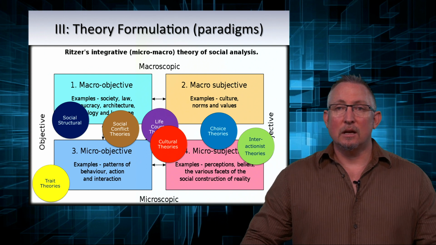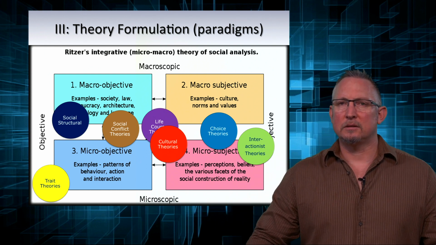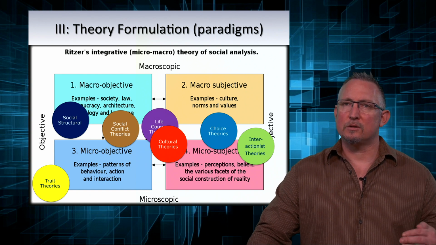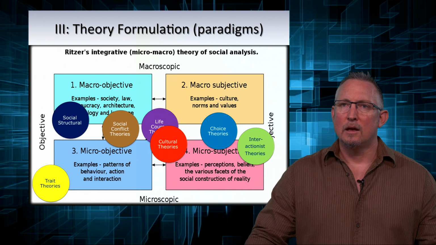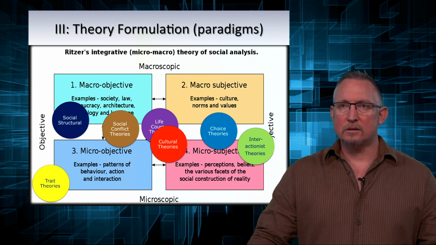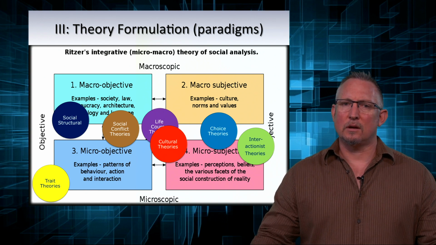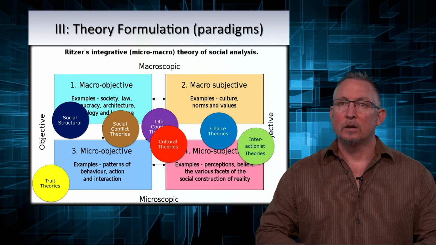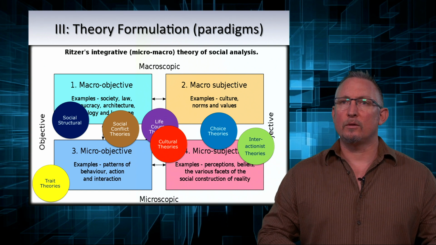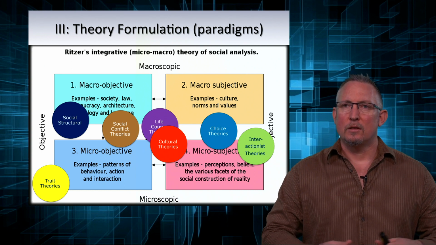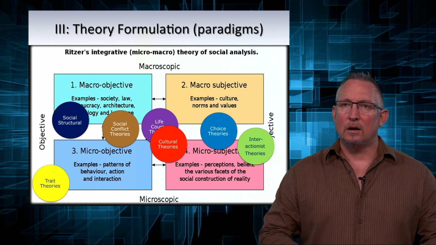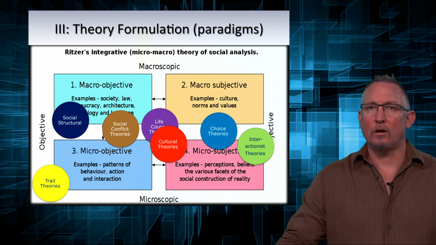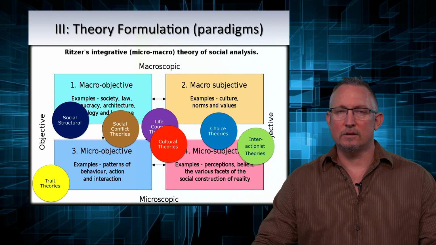Interactionist theories tend to be, as we looked at with things like labeling theories, more towards the subjective end, very much interested in the social construction of reality, how people internalize those labels or those views of others in ways that they in turn react to. We'll go back to Blumer's threefold definition of symbolic interactionism, the interactive process, in week one. We can see why interactionist theories tend to fall on the more subjective end of this axis.